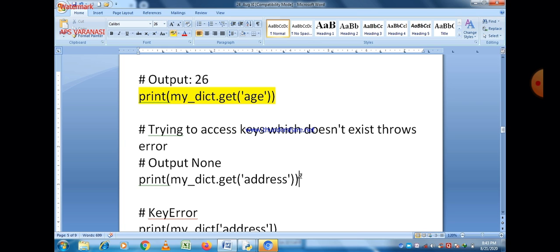And third, if we find out address, which is not a part of the dictionary, using the get method, it will return you None. Remember that no error is there, irrespective of the fact that address is not a key in the dictionary.